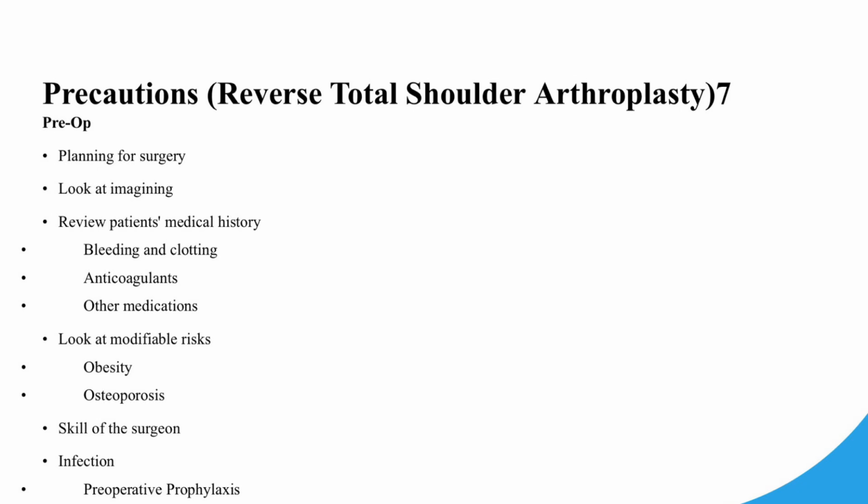And another thing that I found preoperatively was infection that can occur, mainly preoperative prophylaxis, because around the area where the shoulder is, especially within the axilla, there are a lot of different glands and hair follicles that, if they're not cleaned properly, can become infected before surgery, and that could also affect how the outcomes can come along. It did mention some scrubs that you could use, one of them being